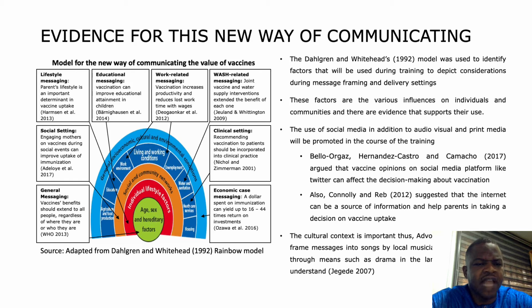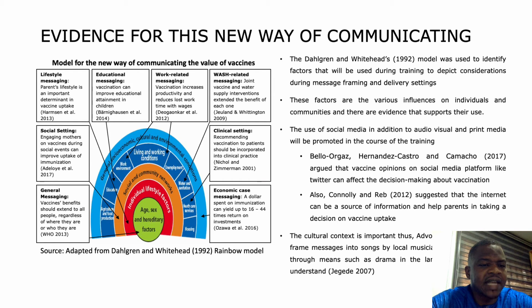So we're going to use the Dahlgren and Whitehead rainbow model that shows the various determinants of health and health decisions. So people are going to make decisions not just based on the clinical state, like, oh, it's going to prevent this and keep them alive, but also when you talk about the social setting, the lifestyle messaging, educational messaging, work related. So for example,